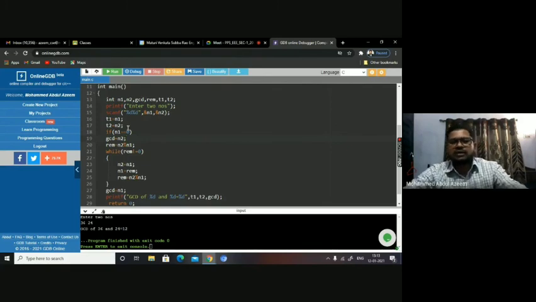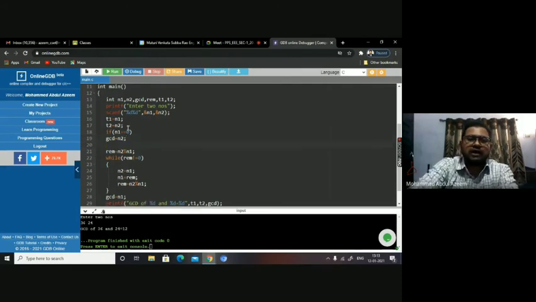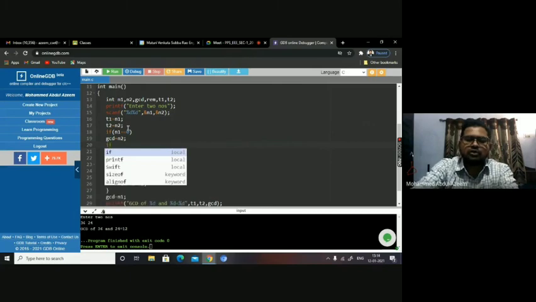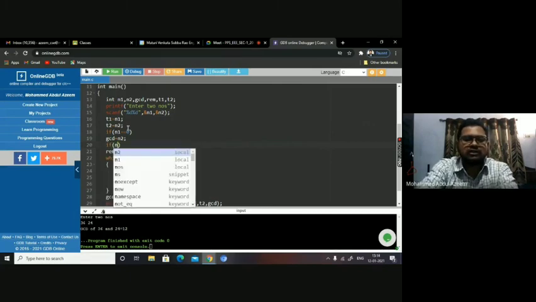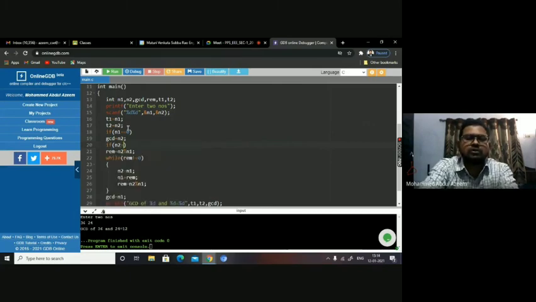See, the logic which I have written is only for when both numbers are non-zeros. But if any one of the numbers is 0, then the non-zero will be the GCD. So I have to add it. I'm adding those possibilities also, right? Then this will work for all. This is going to be universal now.